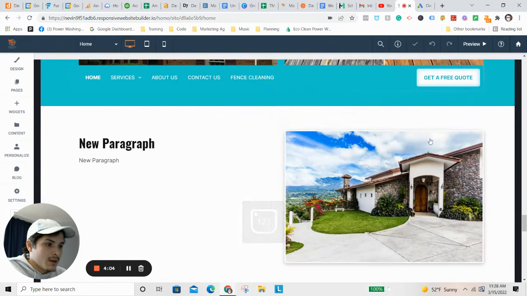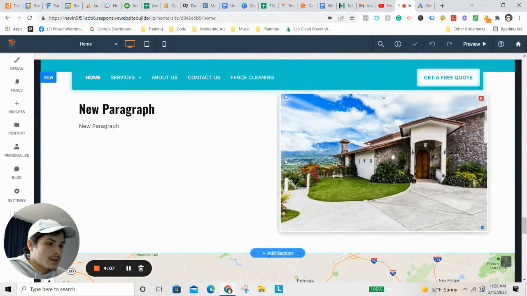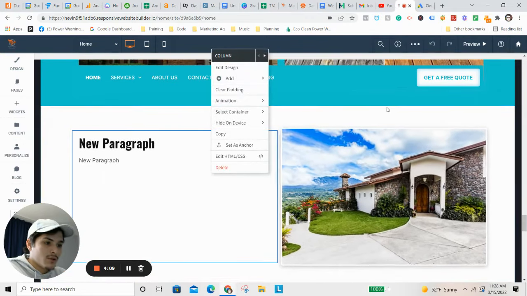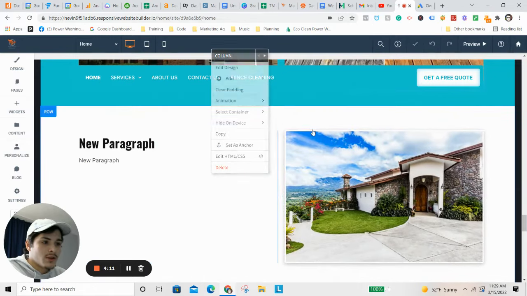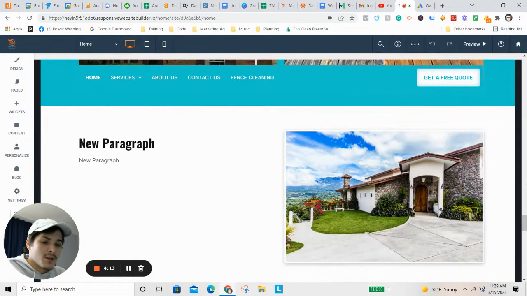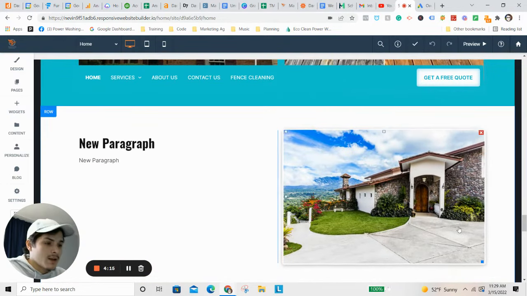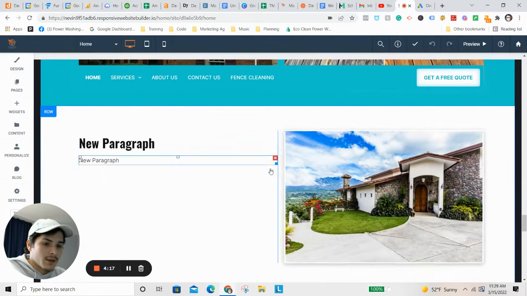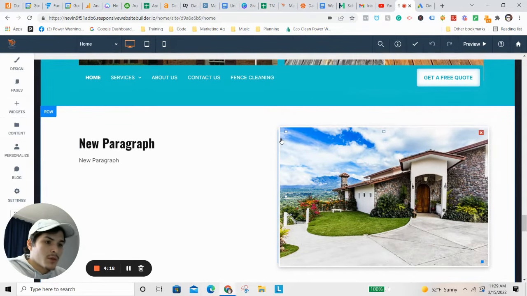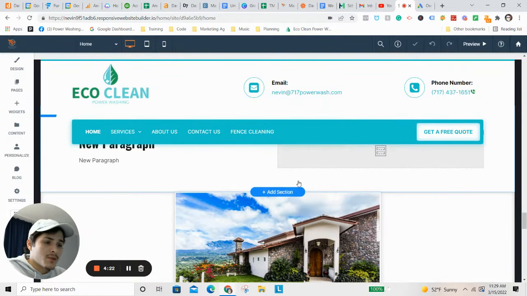Right. And now you can see here, you hover over it and it's got a little bit of a shadow, which gives it some depth. So you can really make your website pop just by adding little effects to your images like that. Now, another really important image factor